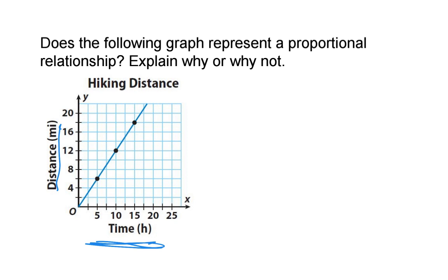So let's go back to our list of characteristics that proportional graphs must have. The first thing that we want to check is, is it a straight line? And yes, it is. It looks like a straight line. And then the second thing is, does it pass through the origin? Remember, the origin is that (0, 0) point right there. And yes, it does. So our answer to this, does it represent a proportional relationship? I would say yes,